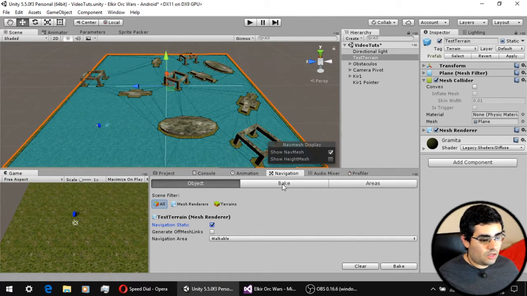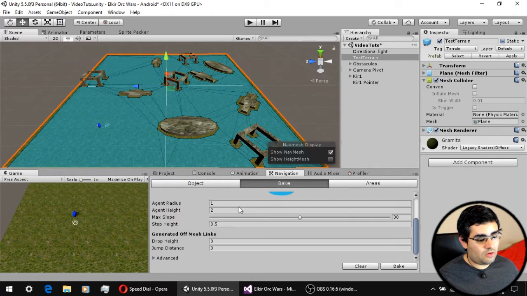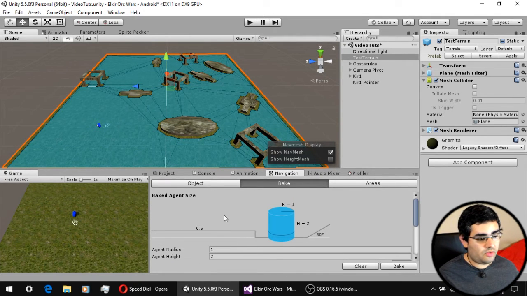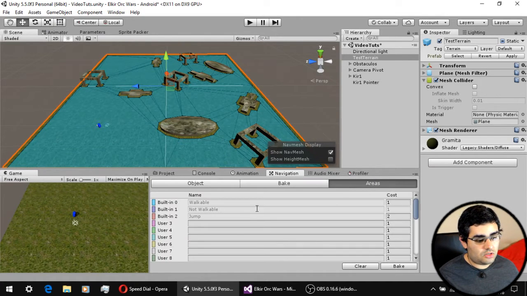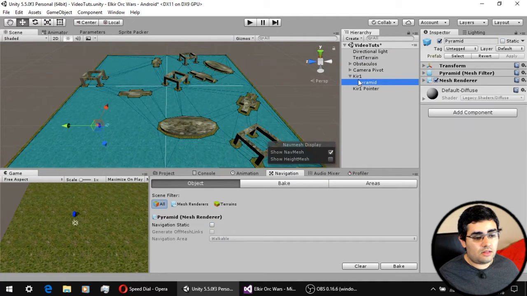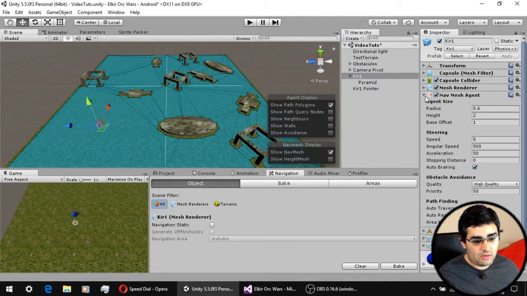On this part, on the bake, we have all the little variables that we can tweak and manipulate in order to modify how the navigation mesh is going to be made. And we can also divide it in areas that are kind of like layers of the navigation mesh. Anyway, this thing is really useful and it's really simple to use. You saw what I have to do, just set the mesh, bake it,